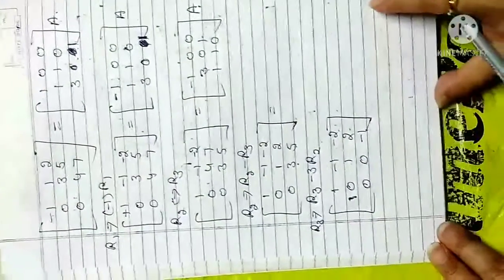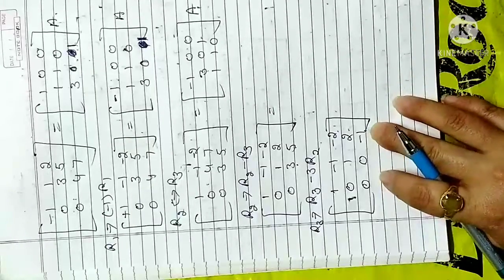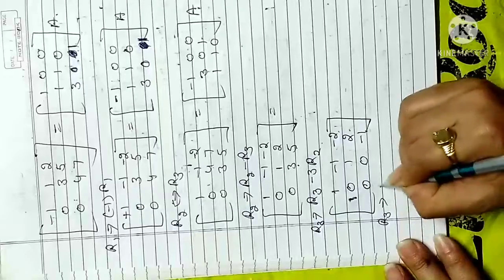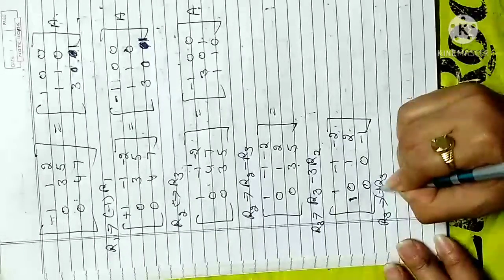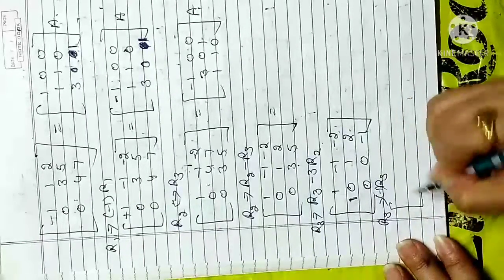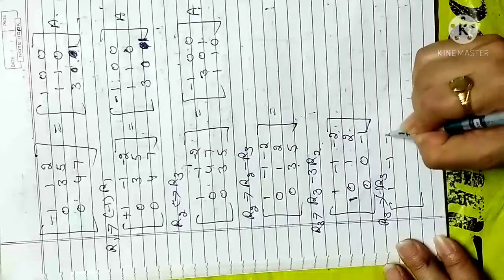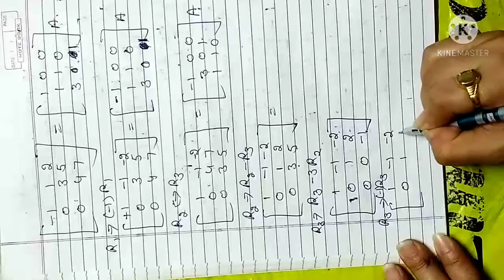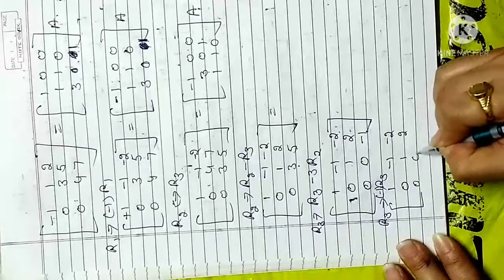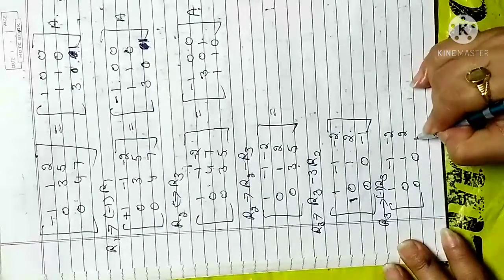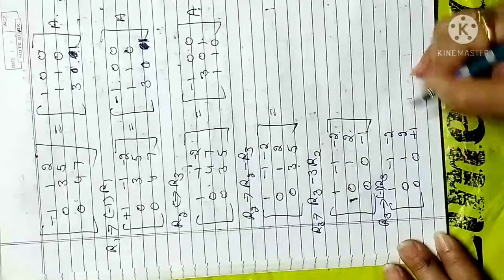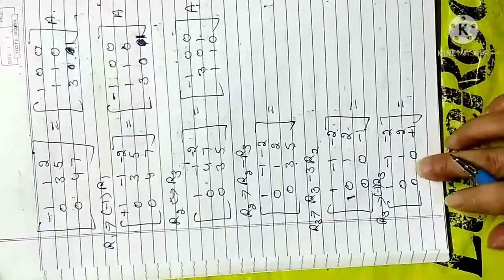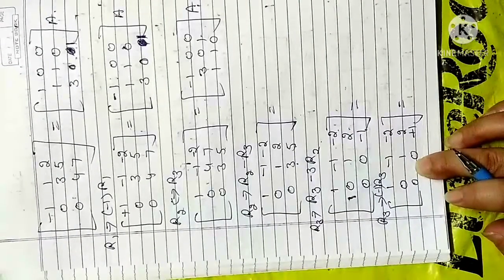Now my next target is to remove this negative sign from here. So what I do, I multiply row 3 with minus 1. So what it gives me is 1, minus 1, minus 2, and 0, 1, 2, and 0 is 0, and plus 1. Okay, leave the space for the right side.